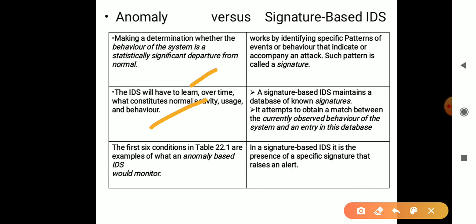As we have seen in the previous slide, the activities that are being generated by the attacker, they are trying to monitor. In the signature based IDS, they are trying to identify what are the specific events the attacker is trying to do, and whatever attacks are generated are referred to as signatures, and these signatures are maintained in the database, based on which the action is being taken. And based on these signatures that are monitored and the possible attack, the alarm is also generated.